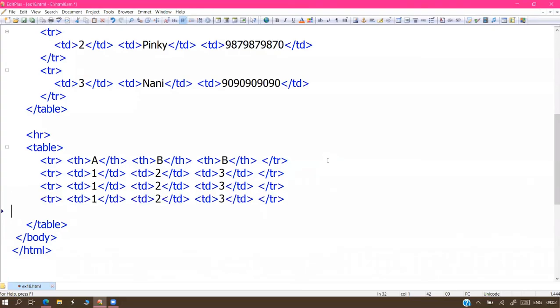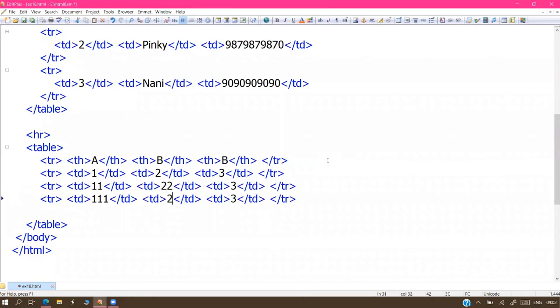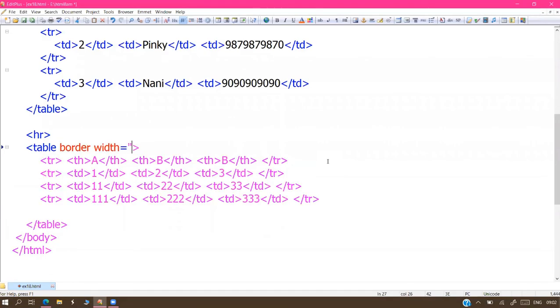Just a couple of rows I'm taking for effectiveness. Borders also I'm using, because when borders are available the effect clearly shows. Without borders, the effect is missing.